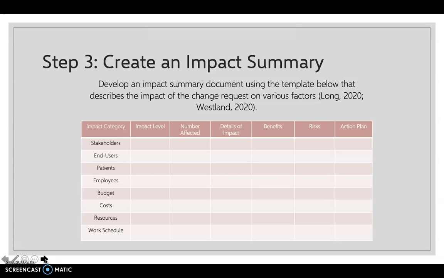In the third step, a chart or document can be used to outline who and what will be impacted by the change, including stakeholders, end users, patients, employees, budget, costs, resources, and work schedule. The impact summary should include details as to how they will each be impacted both positively and negatively. The summary should also discuss how the change will improve the project at hand, which in this scenario means that any proposed change for the new EHR system should outline how it will improve performance efficiency, cost effectiveness, patient experience,